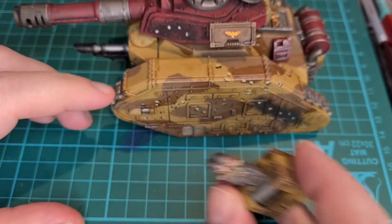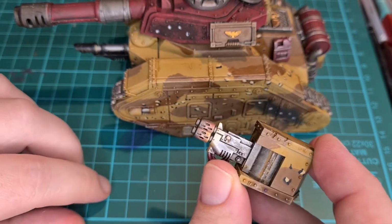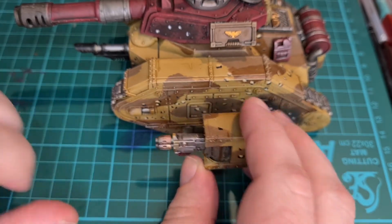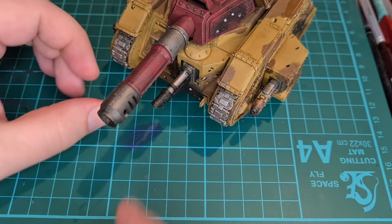Oh, another thing I really love is what I've done. I've tried to make the multi-melters look like they've been heat warped. You know, they've taken a little bit of heat damage from overuse. I've noticed a lot of people really love putting heat